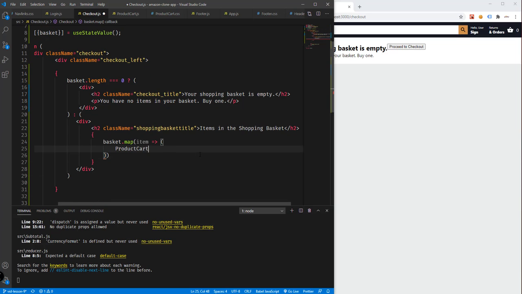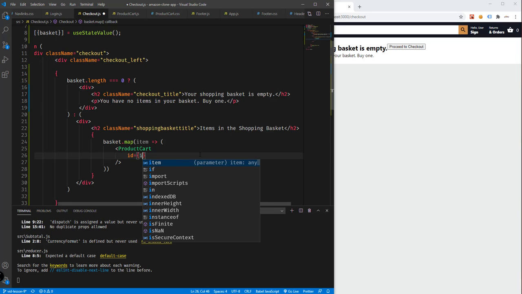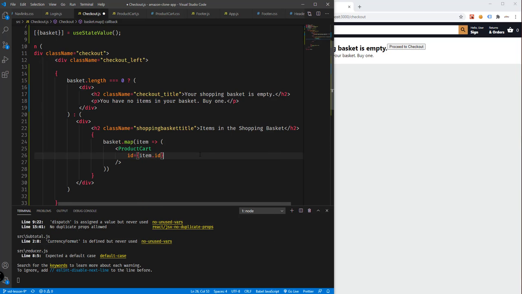So product cart, and this is just a component that will hold all the information. Basically we're trying to display the info of the product. So for example, the ID, let's just copy and paste this,